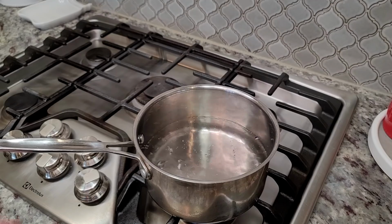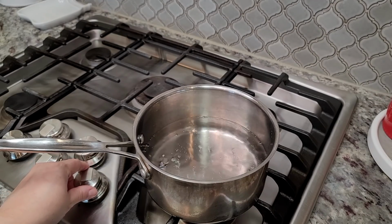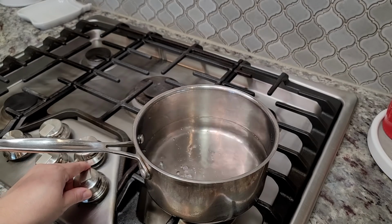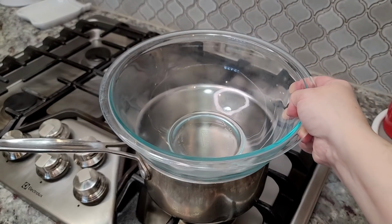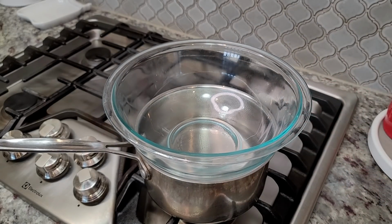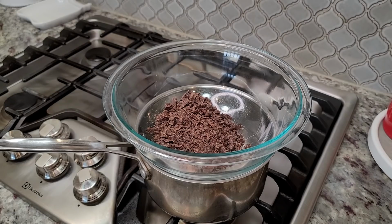So here I have simmering water. I'm going to turn it lower because you want it at a gentle simmer. And now I'm going to add a bowl on top of my simmering water. You don't want the bowl to touch the water, so make sure that it's not submerged. Now I'm just going to add my chopped chocolate bar